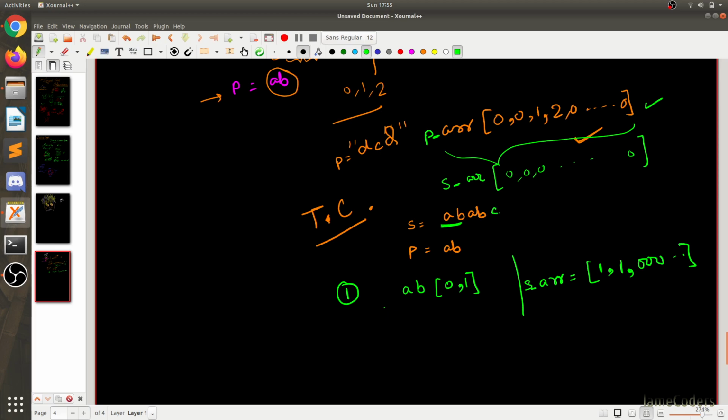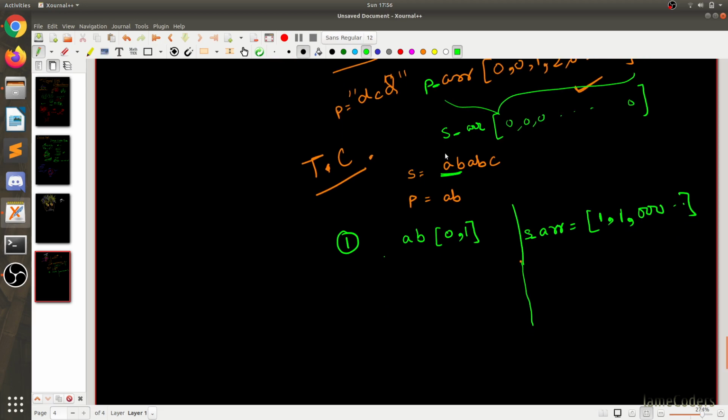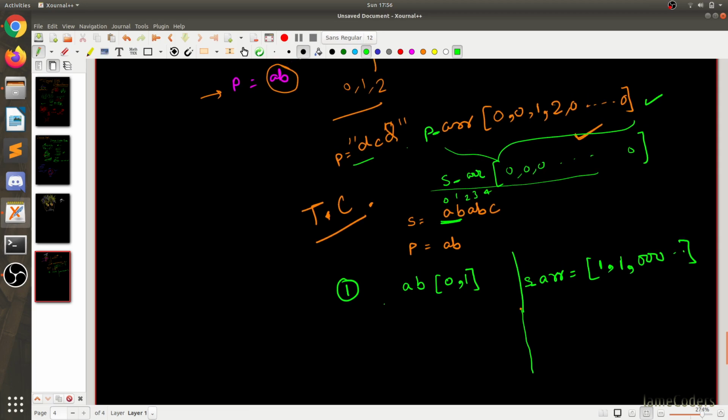I should rather add one more element in here. Let's add C also. Now we can visualize it better. That's why I was confused. So this is index 0, this is 1, this is 2, this is 3, this is 4. So we are from 0 to 1. We have taken AB. We found that the string array is 1 1. Then we found that this is equal to this.